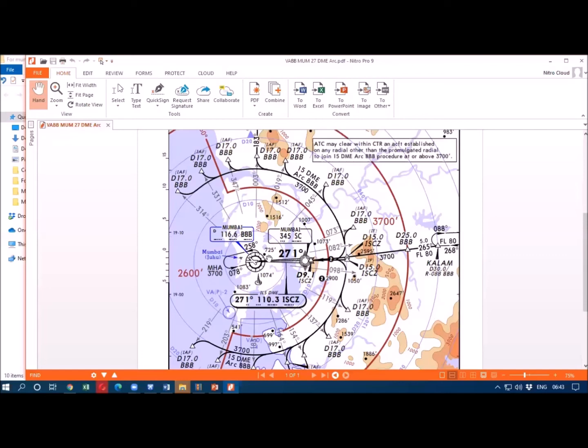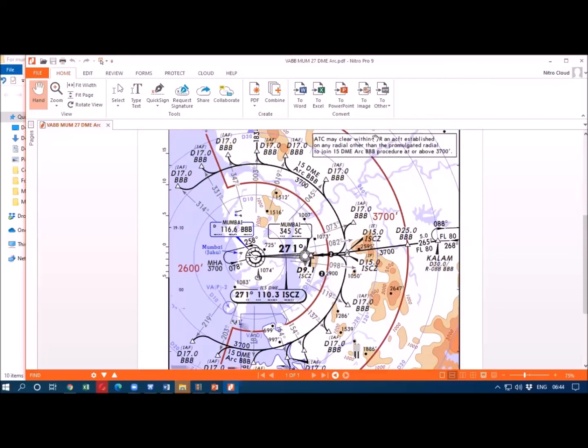Just like what we are going to do in our flight today. And for a flight from Delhi, from the airway, they will give you a heading, come in. In a crowded airport like Mumbai, that is a normal procedure.